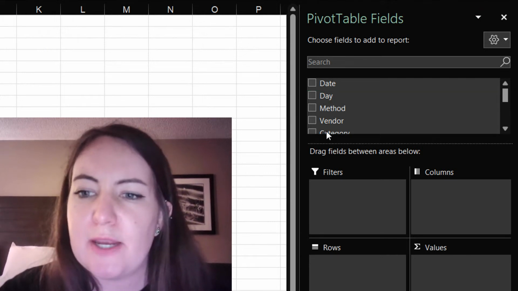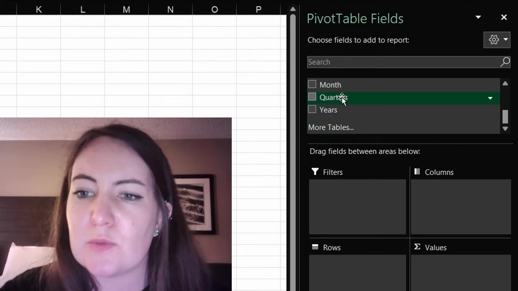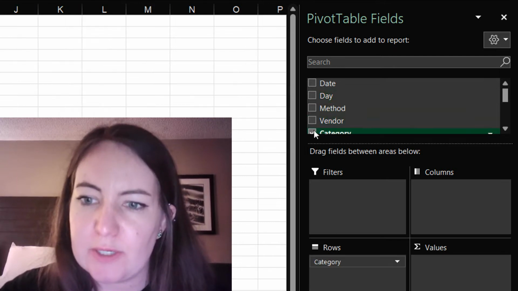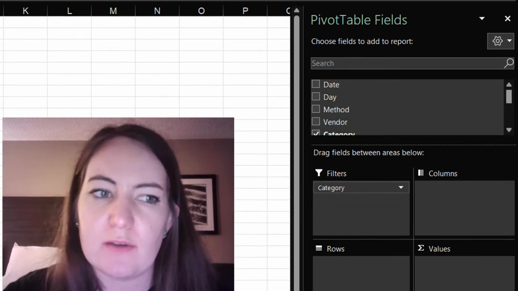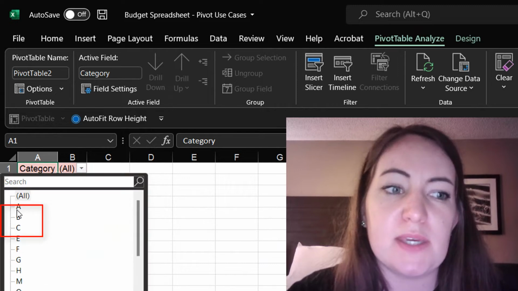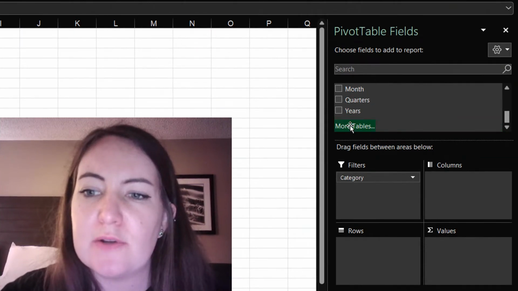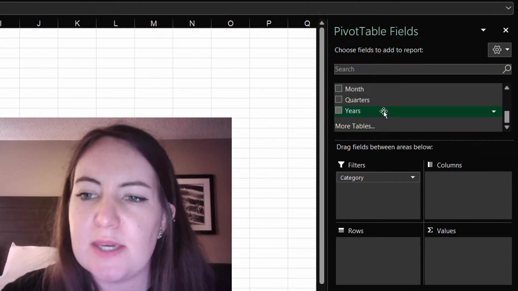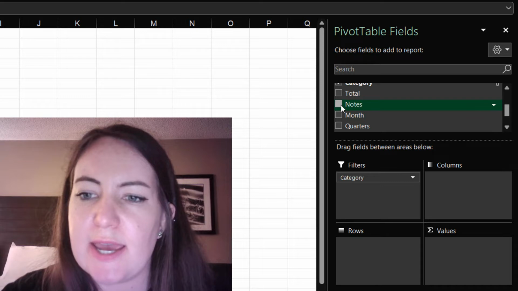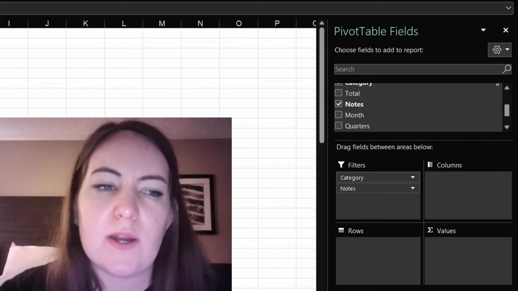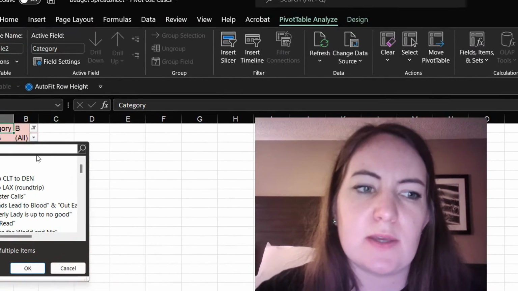And so one of my notes is when I buy beauty products. So we'll take a look at the category here, and I'm only looking for B, which is beauty products for me. And then what I'm looking at from a notes perspective is going to be that sunscreen tag. So I will pull this up here. And what I will do is I will type in